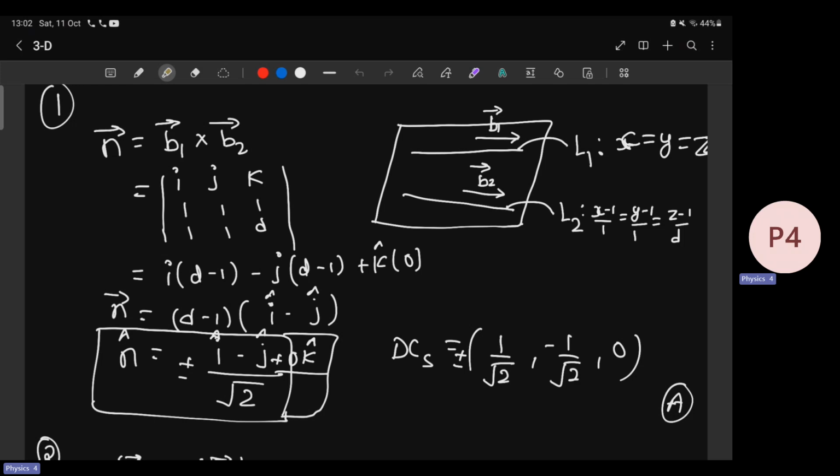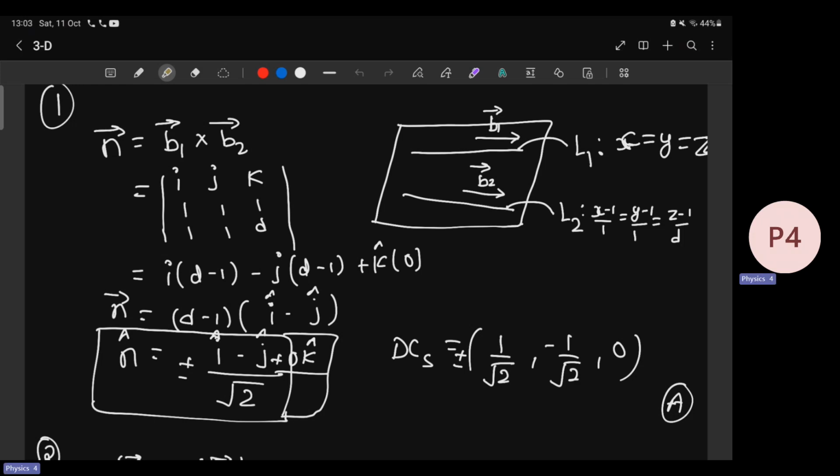The solution will be in two parts. Part 1 will contain the first 20 questions, and the next part will contain the other 20 questions. So, we'll be discussing test number 2, which contains 3D and vector. In the first question, we have been given